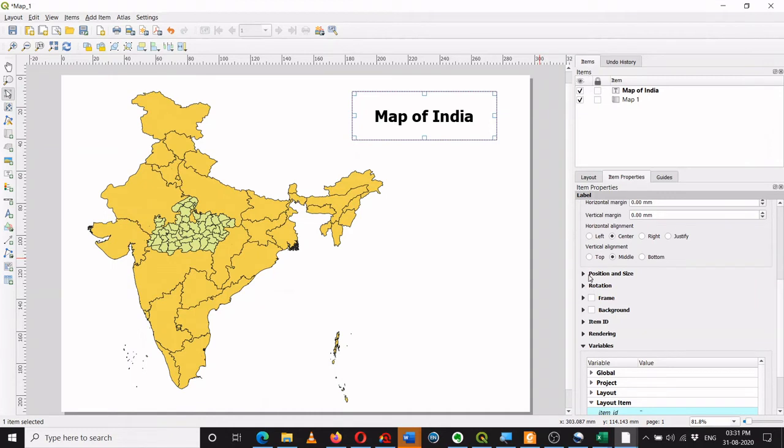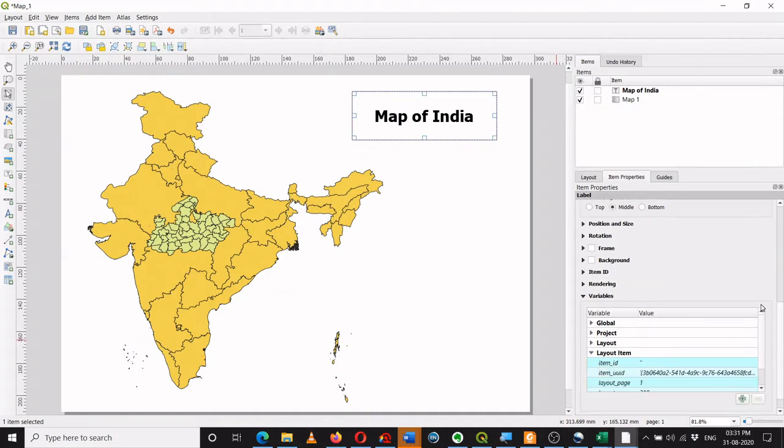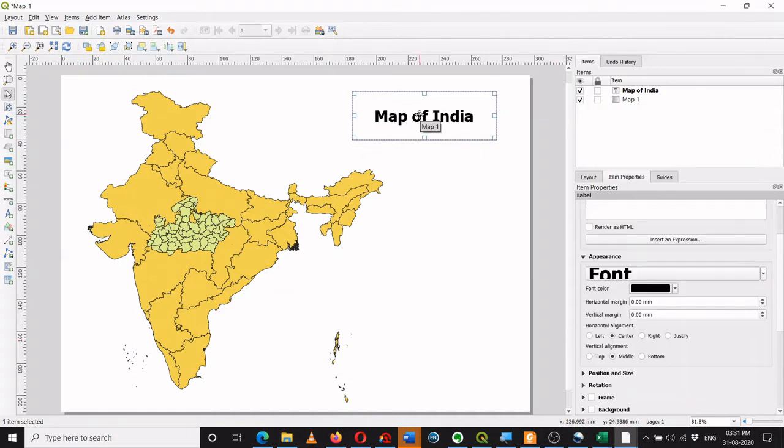Then you can also check all these options, whether you want a frame, but generally we do not give a frame to the map title. But we need a frame for this map. Right now you see there is no margin. The way you are seeing the map over here is the way it will appear if you take a print of this map. And definitely this map needs a border. We'll talk about how to adjust a frame. Okay, so this is about the title of the map.